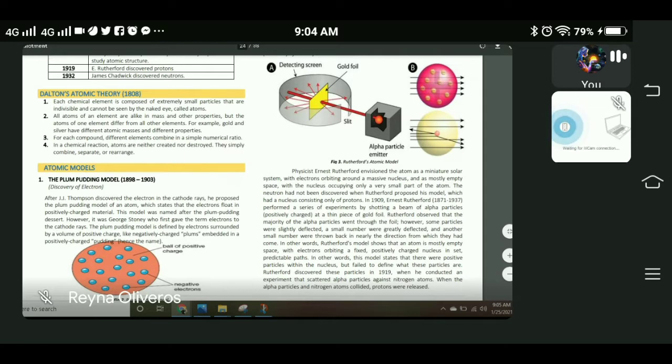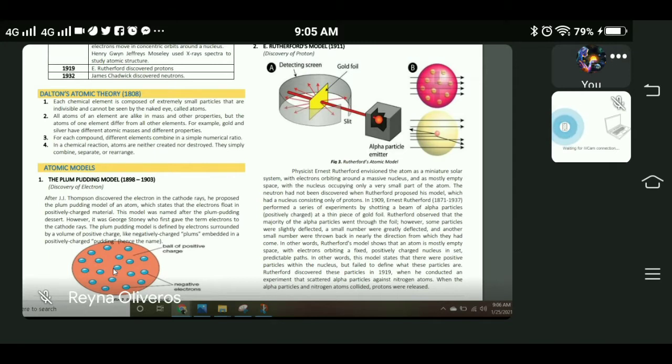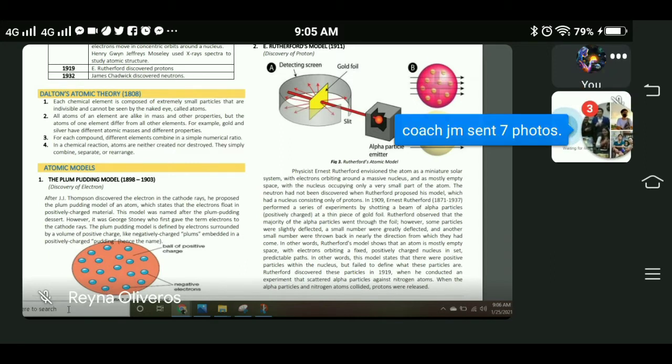So the plum pudding model is defined by electrons which are surrounded, as you can see here, by a volume of positive charge. Okay? Like negatively charged plums embedded in a positively charged pudding. Okay? So, to be compared to pudding. Diba? So,